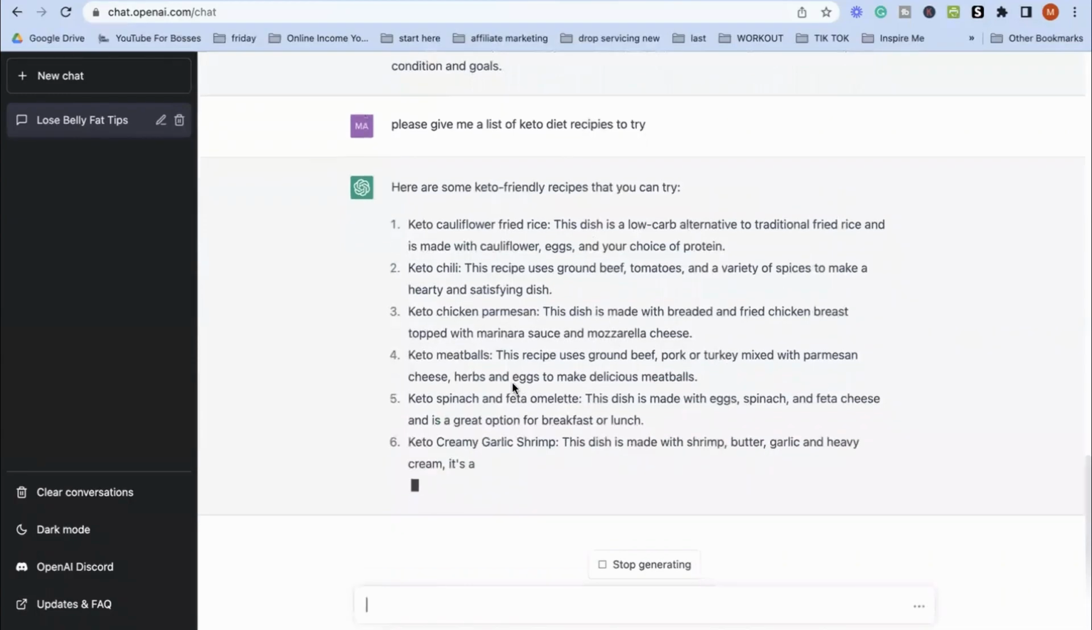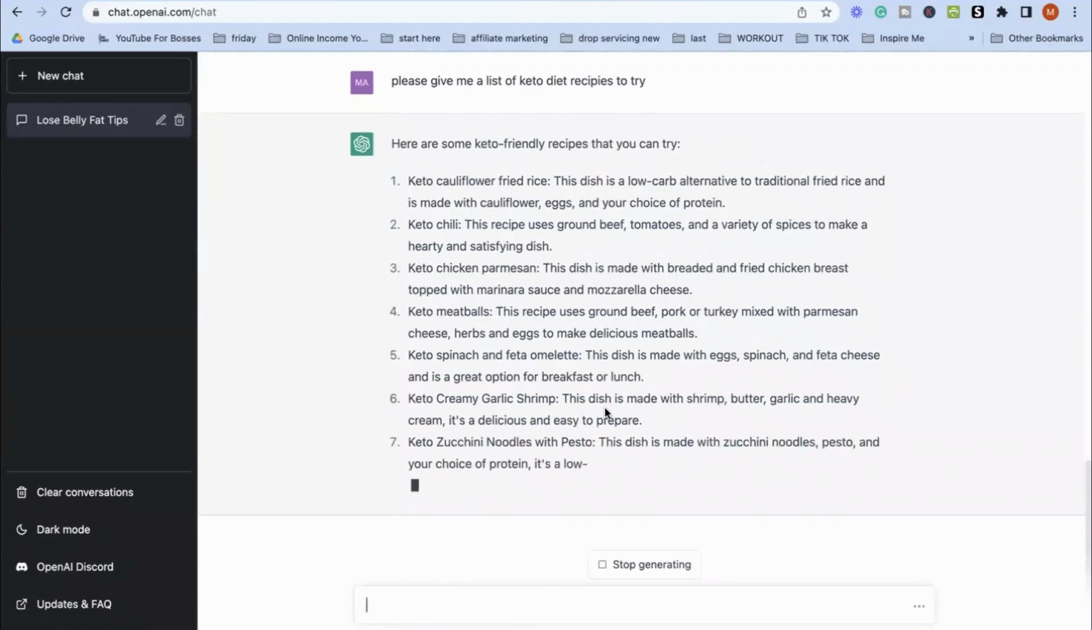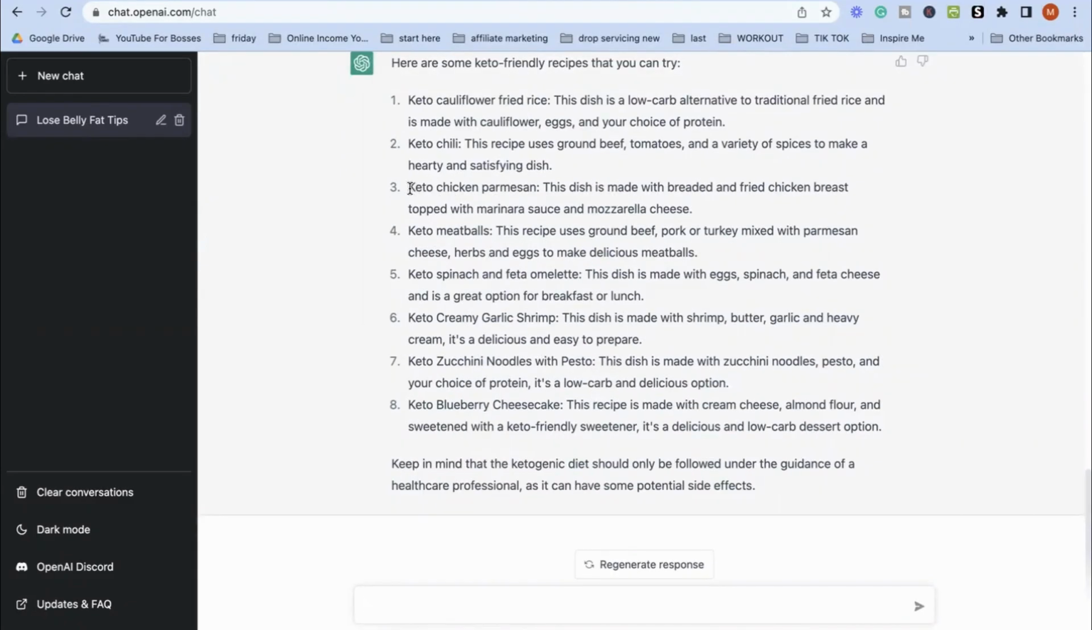So as you can see, it's just populating this and it's giving me ideas of different meals that I actually can do for a keto diet. Then let's just say that maybe I just decide to use one of these, like keto chicken parmesan. I can just copy that. And then I can come down here and then just say,